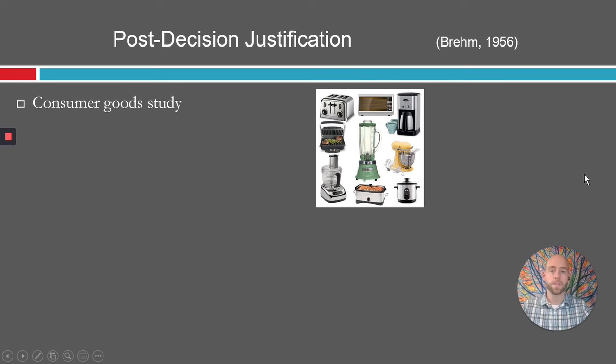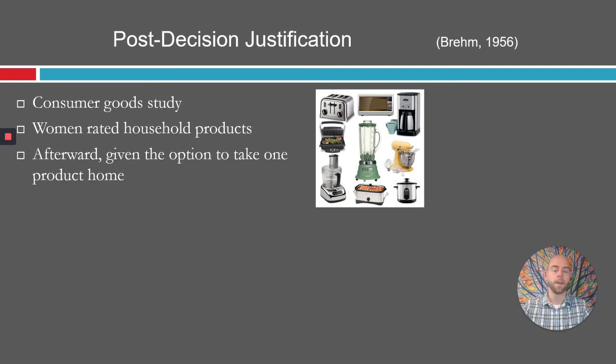An early version of this was a study about consumer goods, where in the 50s, the only people that would of course be asked about anything to do with household goods were women, housewives. So they were the participants in this study, rightly or not. They had women rate these household products for how desirable they were, how good they were, all these things. And they did that so they could pick the options they were going to give the women. So they manipulated whether the choice they gave them was an easy one or a hard one.